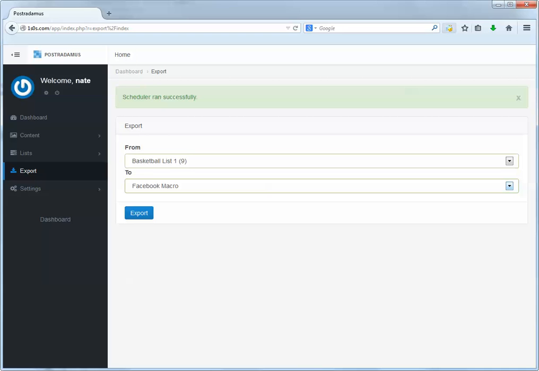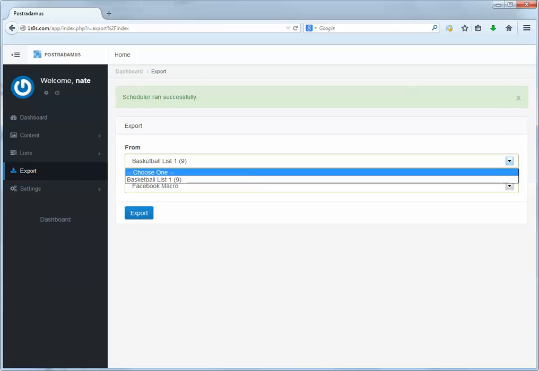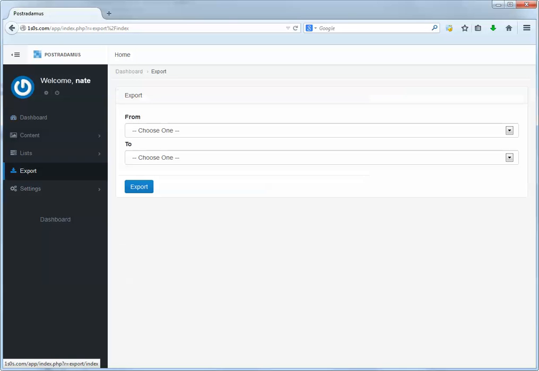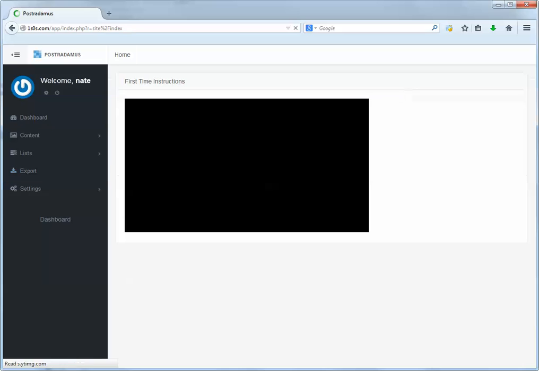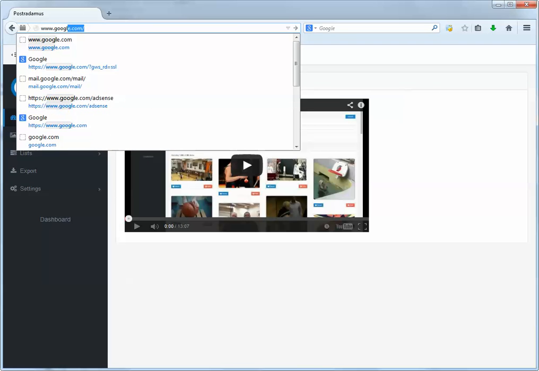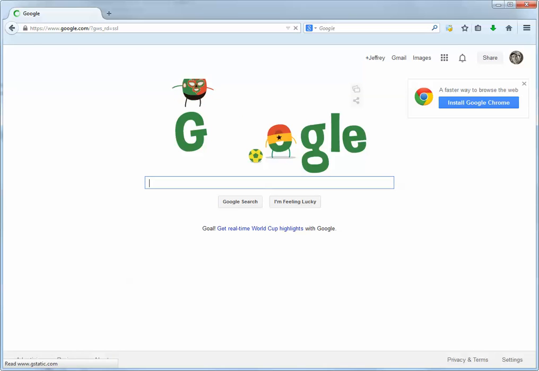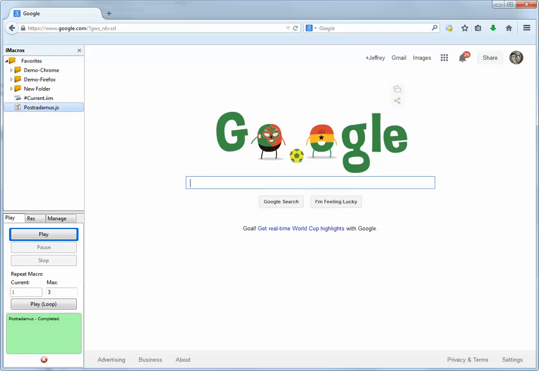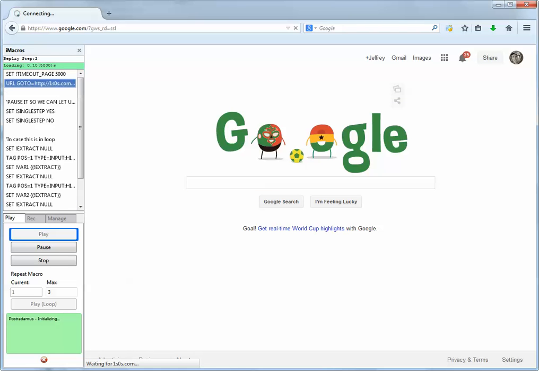So if you do, all I have to do now that I have this basketball list, I don't have to go to this export page anymore. I don't even need to be in Postradamus. In fact, I could be at Google. Okay, I'm at Google now. And I can click up here on the iMacros button. Some of you will already be familiar with this because you've used iMacros before. And I have my macro here. I can click play,